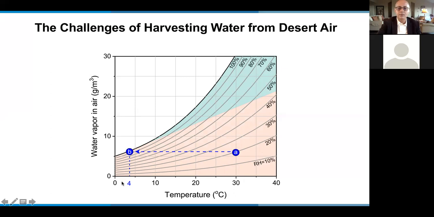That means that I have to cool down the temperature down to 4 degrees Celsius. Okay, that's not practical. You can generate drinking water this way, but it will not be economical at all. And the idea is that if you could design a MOF that is programmed to extract water from air,